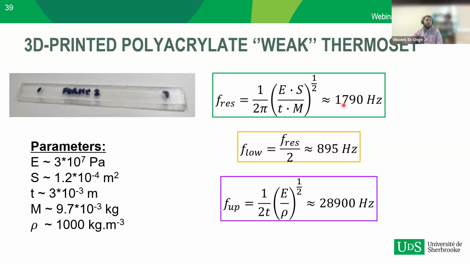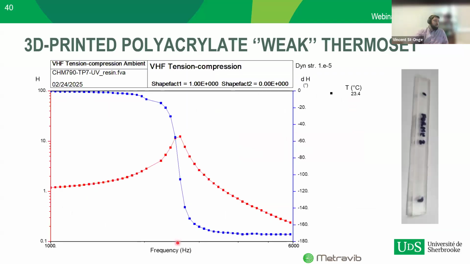So here, in terms of the resonating frequency, we would have expected 1,800, and we can see when we measure it that we're closer to 3,000. So there's a bit of a shift happening here with this thermoset, but we could still manage to do the measurement after a bit of tweaking on the mass that we added on top of it.